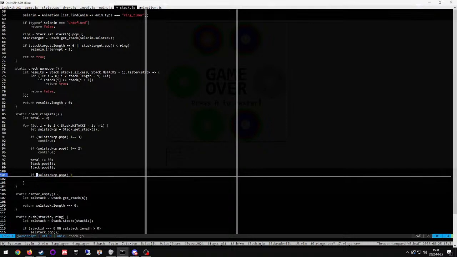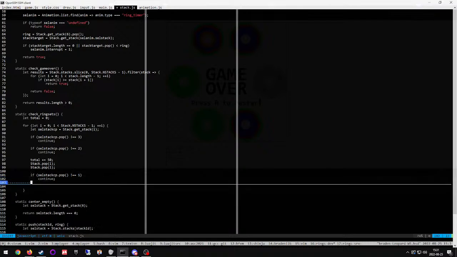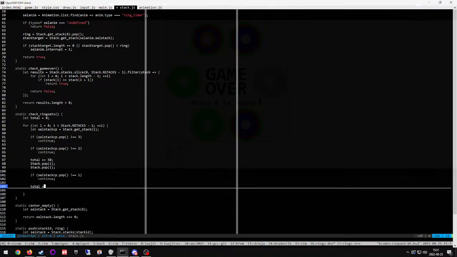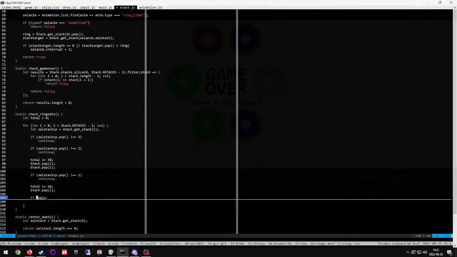We'll pop from the copy again. If it's not 1, then we'll continue. Total plus equals 50. Stack.pop i. If cell stack cp.pop is equal to 0,